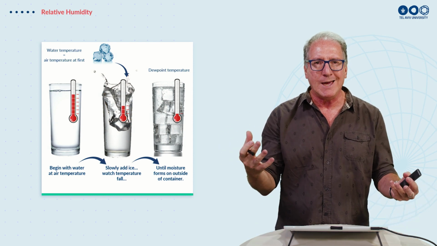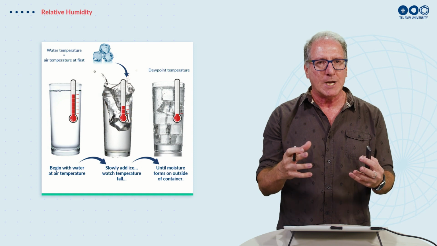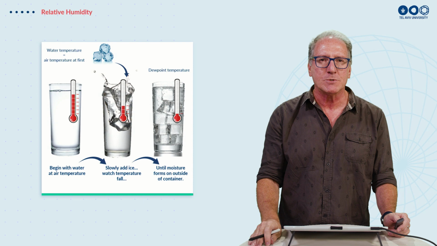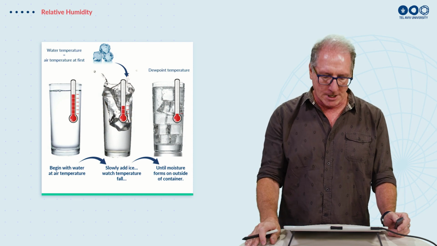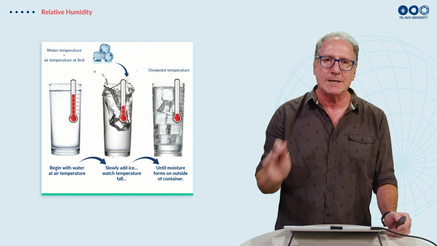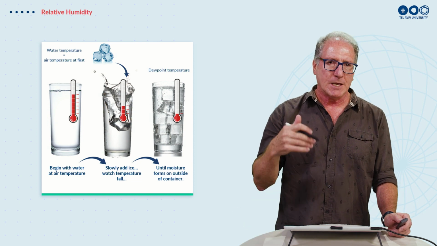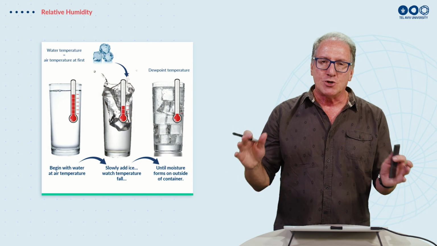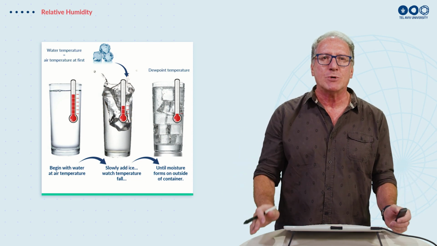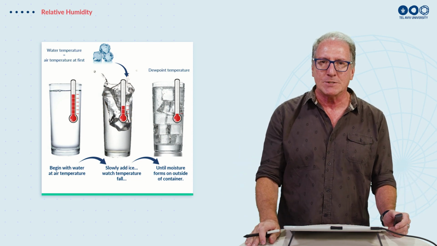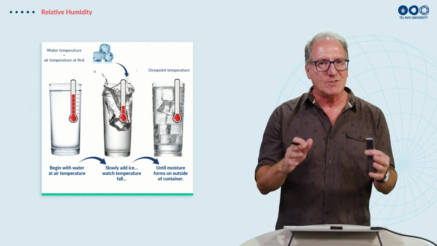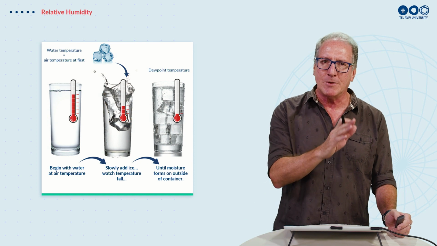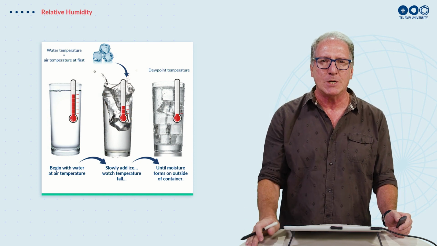This is the moisture in the air which is touching the glass, which now, because the temperature has reached that dew point temperature, you start to get the little drops of dew forming around the glass. And that will give you exactly what the dew point temperature is. Again, this depends on how much moisture you have in the air. The drier the region, the lower the temperature will go relative to the temperature outside, the starting temperature. If it's a very humid atmosphere, the difference will be much smaller between the temperature of the water in the beginning and the temperature at the end.